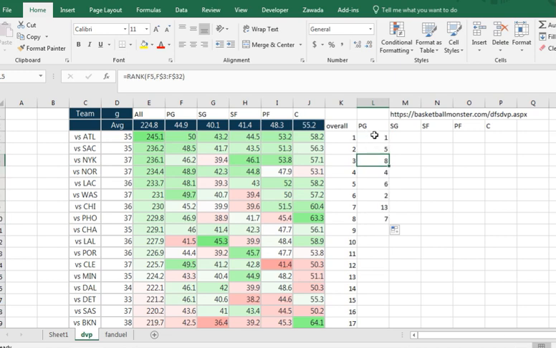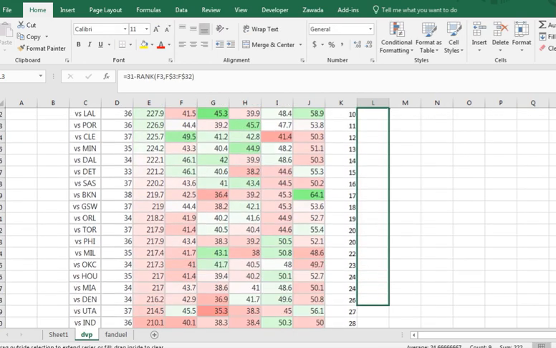See how this is coming out as number 1, because this is the highest. But when they're giving up the most fantasy points, you kind of want this to show like a 30. When you see Atlanta is 30th against point guards, you know that they're pretty bad. But if you see number 1 here, it can be kind of confusing. So all we have to do, since there are 30 teams, is do 31 minus, and all of a sudden it becomes 30. Now I copy this all the way down,